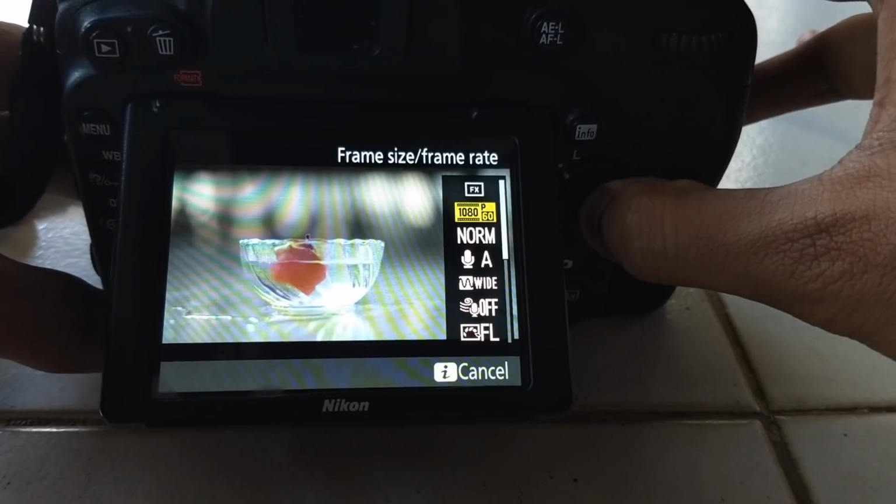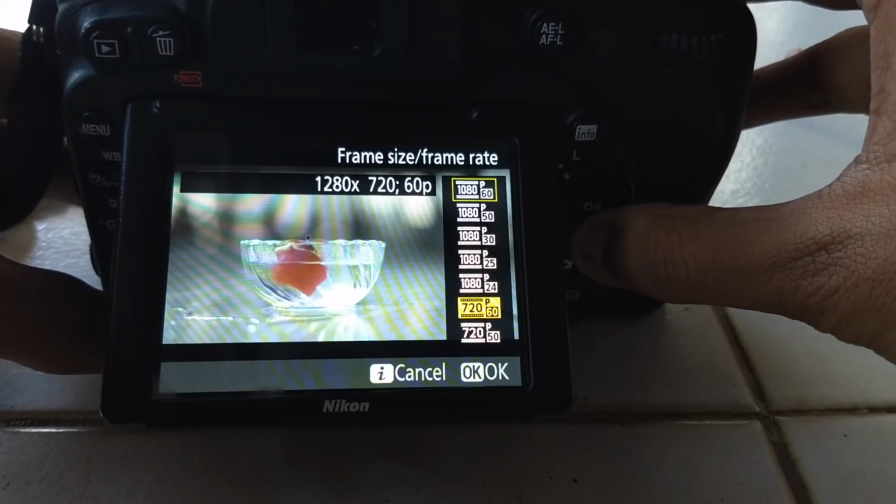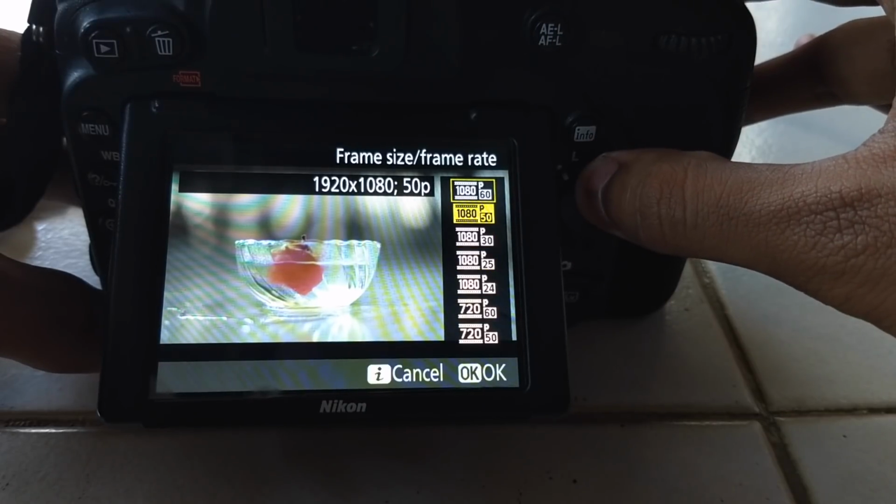So the first thing is to adjust the FPS of your camera. Now if you don't know the basics of shooting a video, I have a separate video of it. The link will be here and also in the description below. So we are going to select the highest frames per second, and for my camera it is 60 frames per second. Most of the DSLRs allow you to shoot at 60 or 50, and whatever is the highest, select that